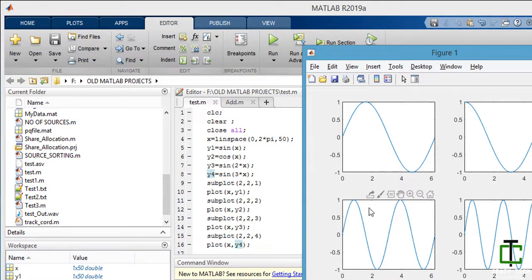The first 2 arguments say that my plot has 2 rows and 2 columns, and the first plot goes in this position. It arranges the plot numbers in a row-wise fashion. First plot will go here, second plot here, third plot here, and fourth plot here.